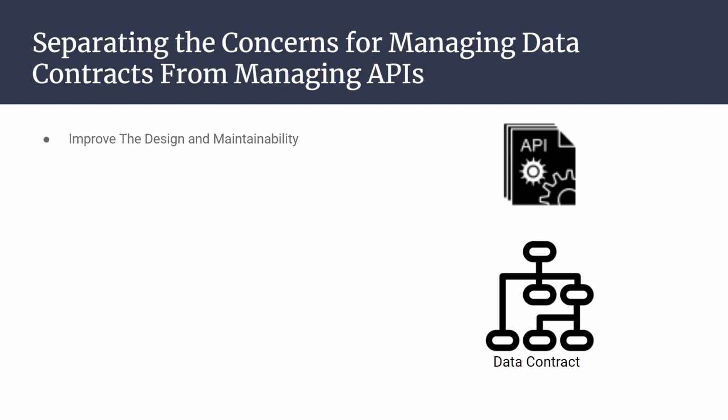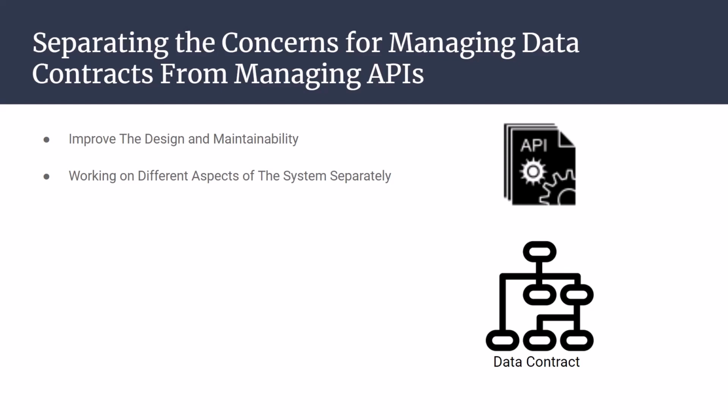So first, the separation between APIs and data contracts improves the design and maintainability. Having smaller modules with different responsibilities is a good practice everywhere, and it's also true when dealing with APIs and data contracts. This separation of concerns allows us to work on different aspects of the system separately. And talking about aspects, I'm talking about the aspect of transport and network versus the aspect of the actual data structure. These are completely different domains.